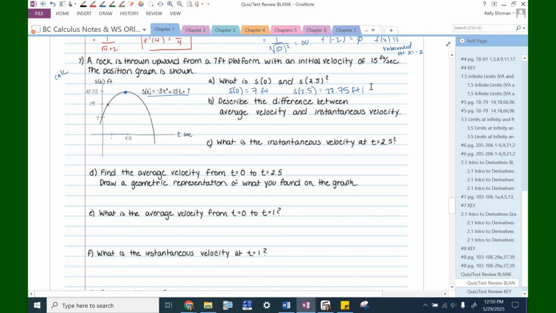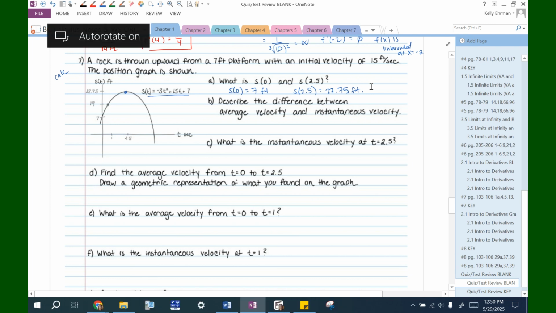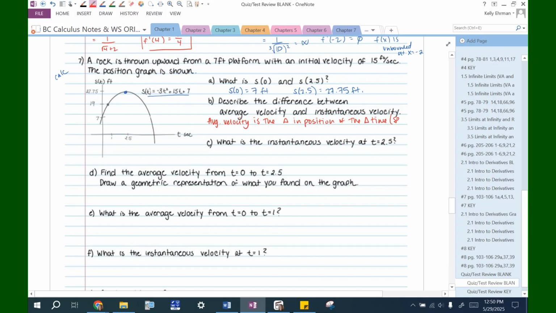Describe the difference between average velocity and instantaneous velocity. So this is not with respect to this problem, it's just in general. So average velocity is the change in position over the change in time, also known as the secant slope. Instantaneous velocity is the